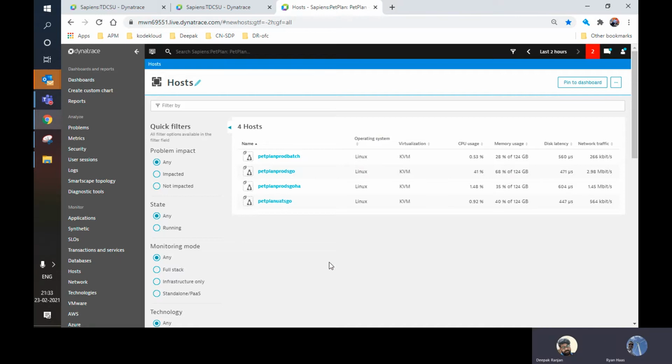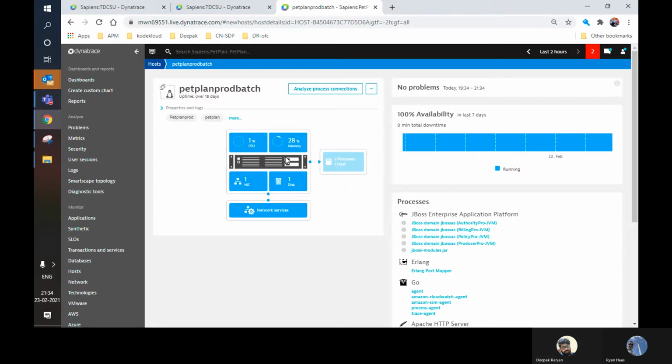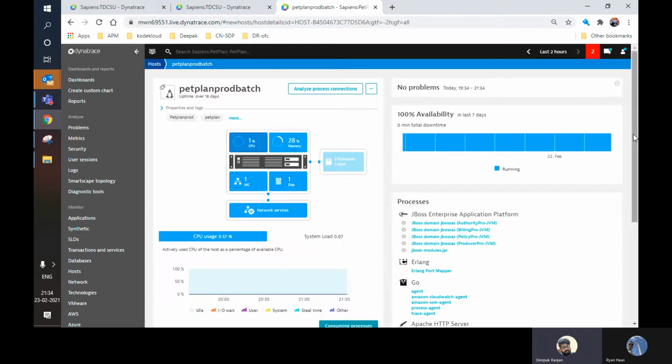Okay. So in Dynatrace, we first need to understand that we have two types of monitoring: infra monitoring and full stack monitoring. We have installed the agents as full stack monitoring. With full stack monitoring, if I open any host, you can see it will capture all the processes